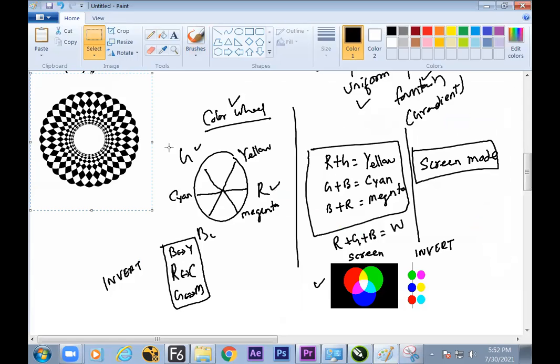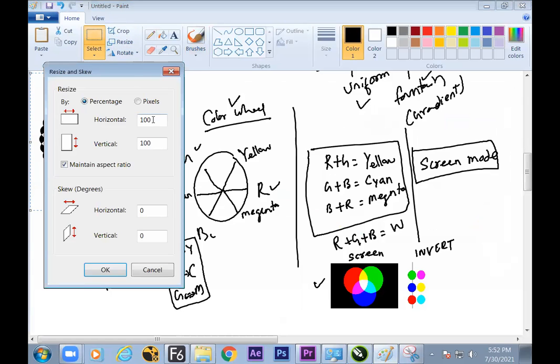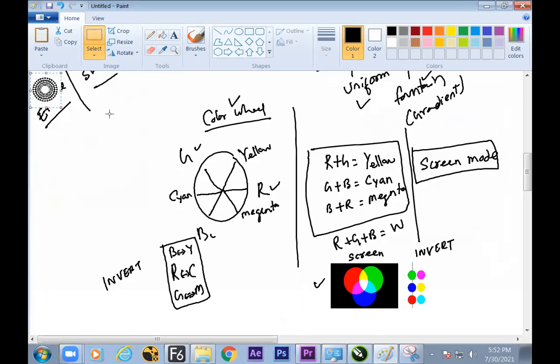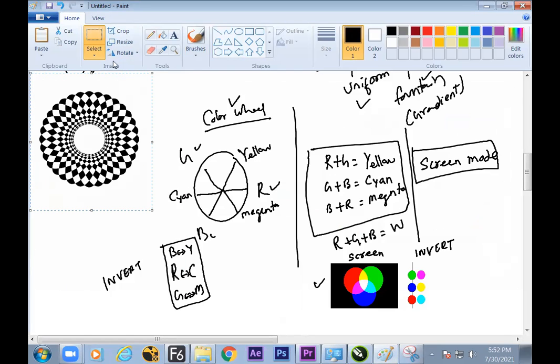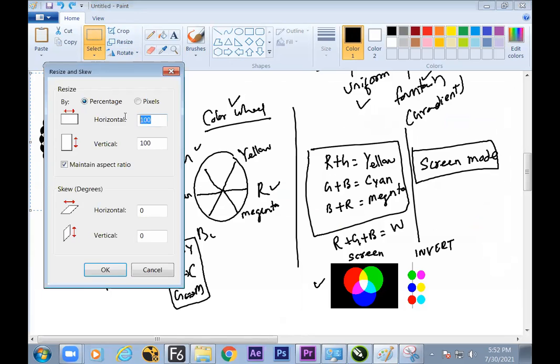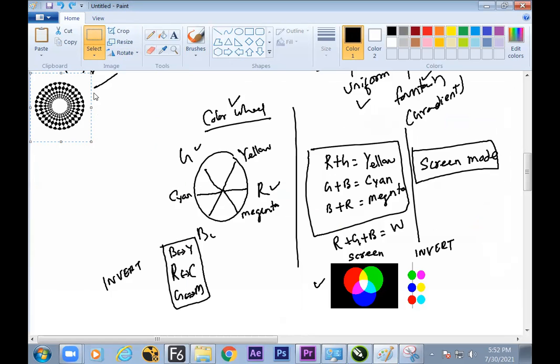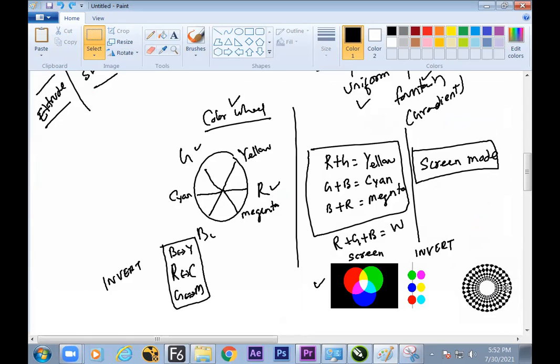And the next mode we have learned is difference mode. Once again, difference. So what happened inside the difference mode?